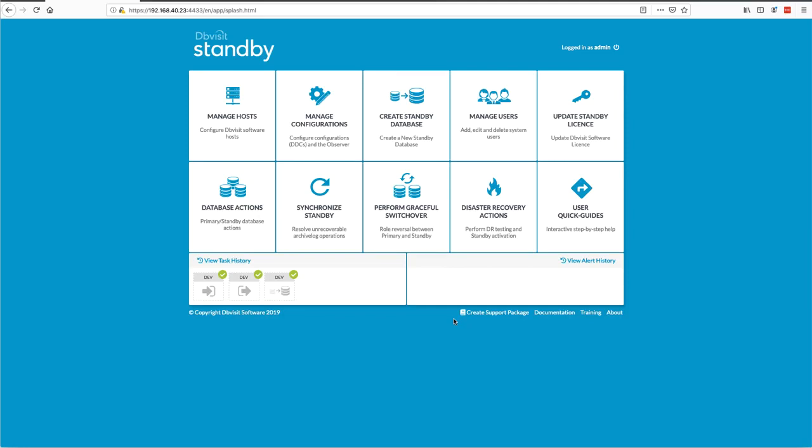We are going to talk quite a bit about the observer, the Dbvisit observer, which is basically a component that will sit outside of the configuration. By default, we recommend installing it next to your central console or your front end, your GUI, not installing it on the primary or the standby nodes. It needs to be separate so that you can then monitor the primary and standby, and then based on connectivity or even user checks, and I'll talk more about that later when I show you that, we can then do